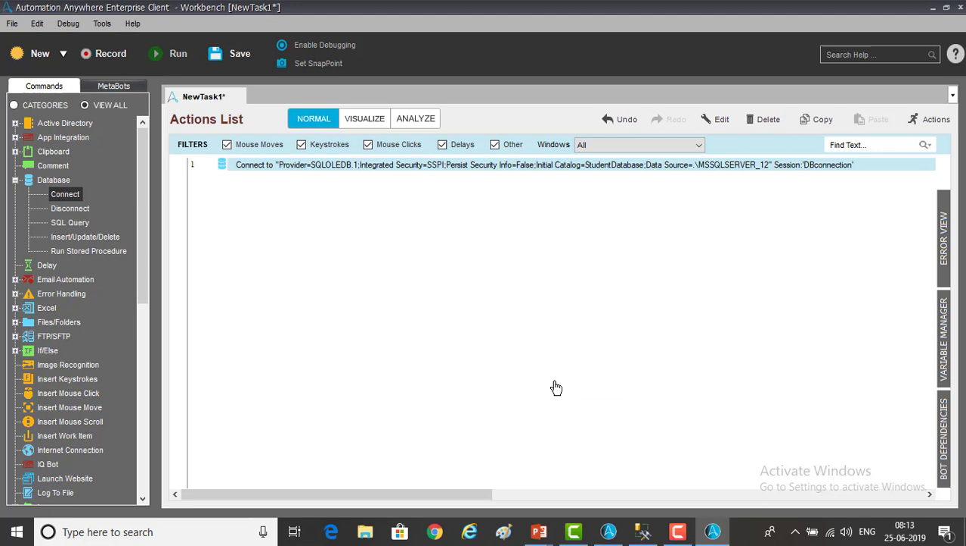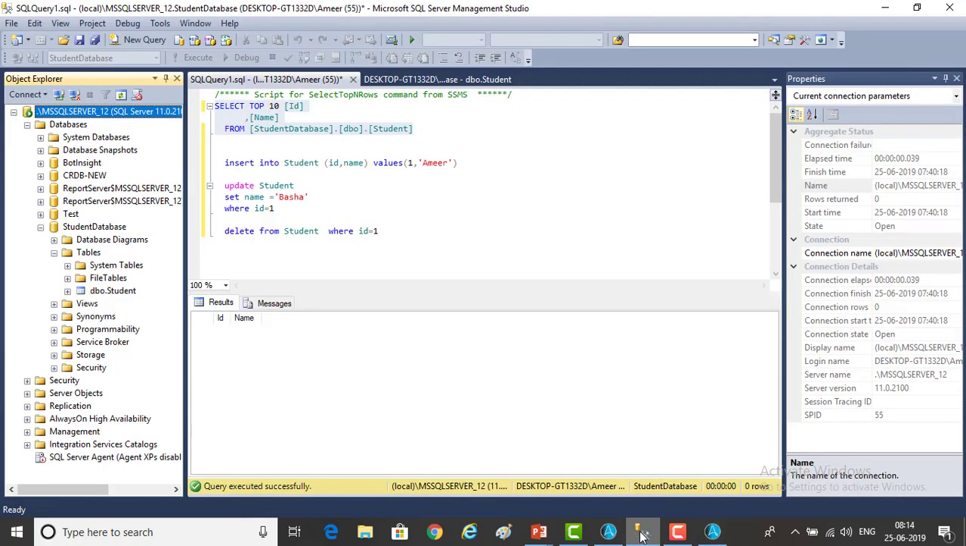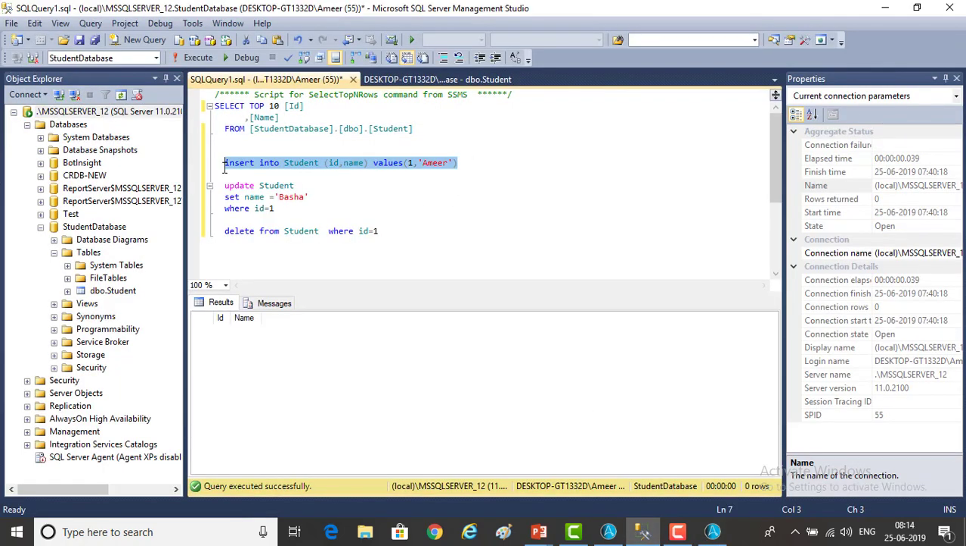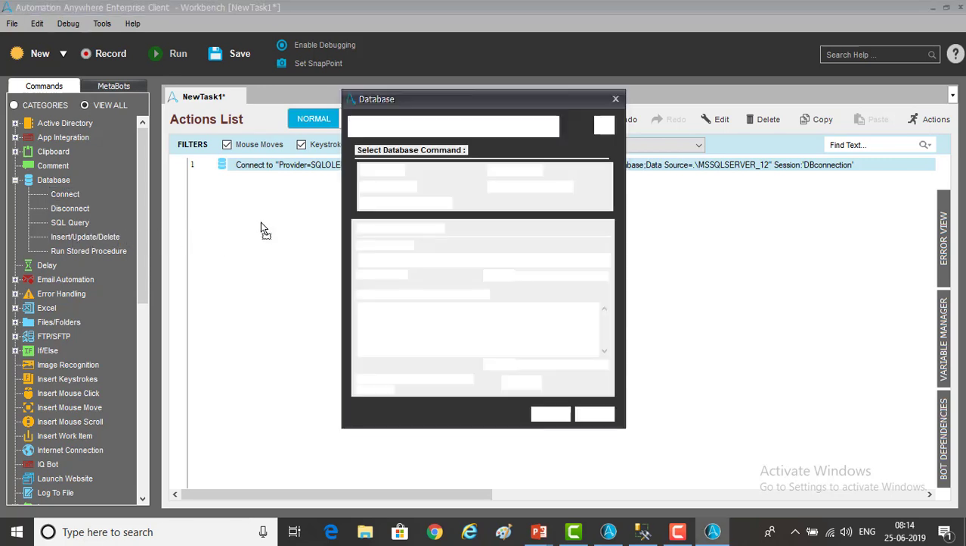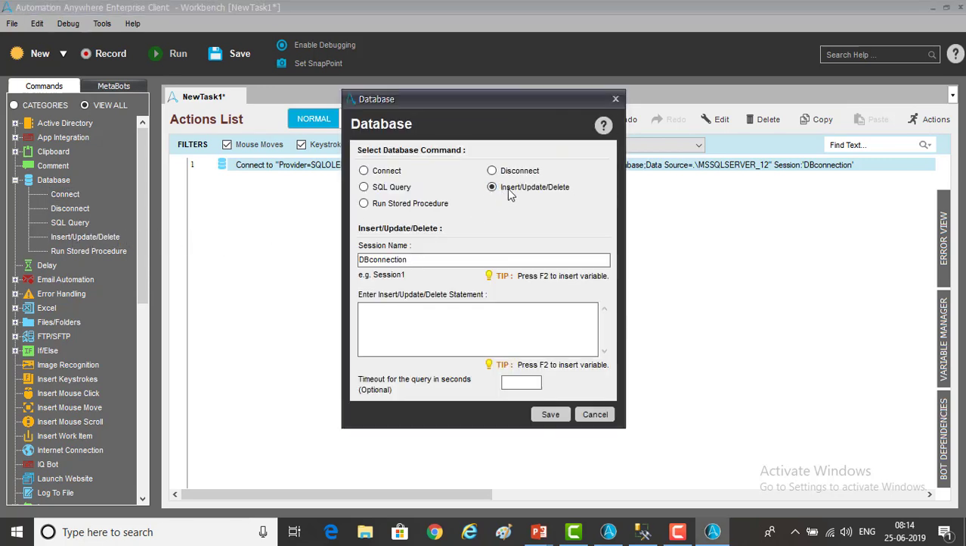At the first step we have given the connection. Now as a second step, I want to show you how to insert data into a particular table. I have used this same command before, and now I'm going to use the same command. But how can I do it by using database commands? If you see over here, insert or update or delete. Let me drag and drop it as a second step. If you see, this radio button has been